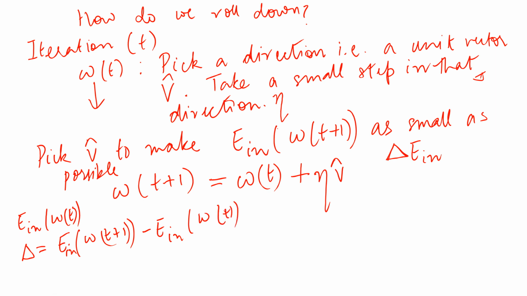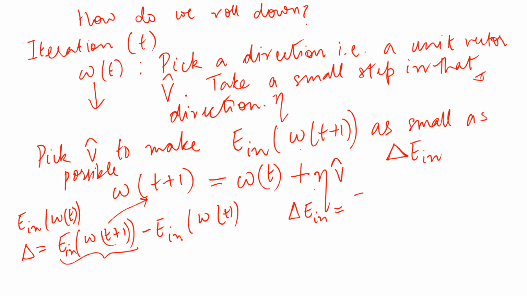And then we can use the first order Taylor approximation to expand this term, because this term will first be replaced by w t plus eta times v hat, right? Because this is equal to this. And then we can use Taylor expansion to get the significant terms. I'm quickly jumping to the significant terms only. And so what we're going to get is that this change in my E in is given by an